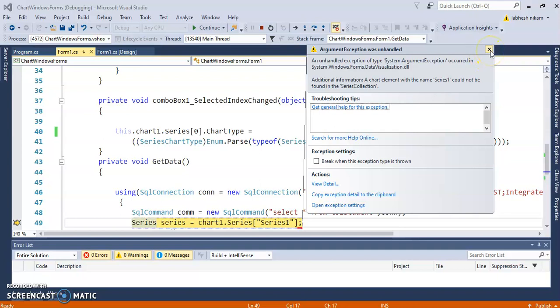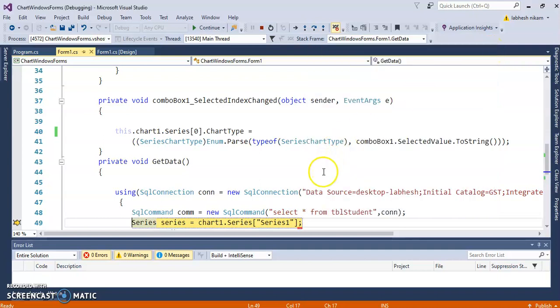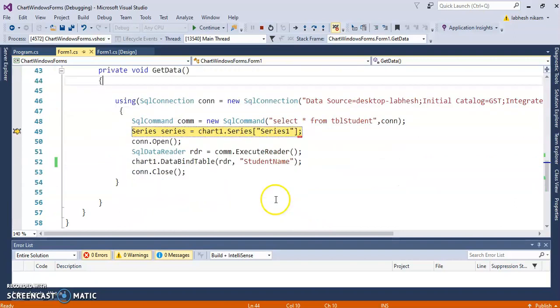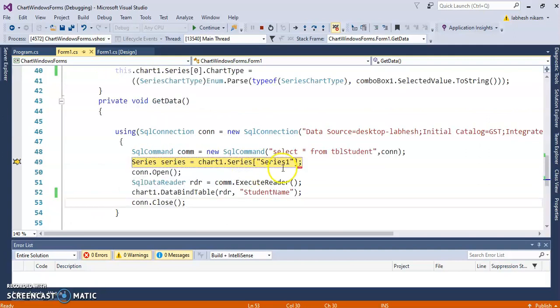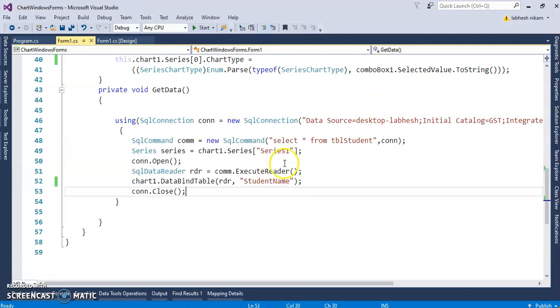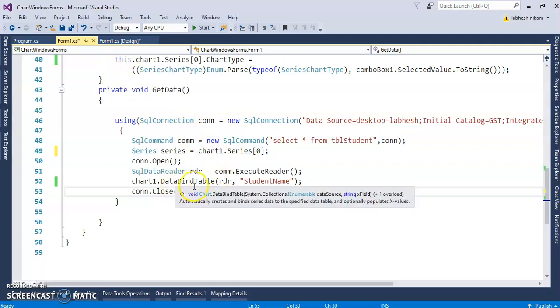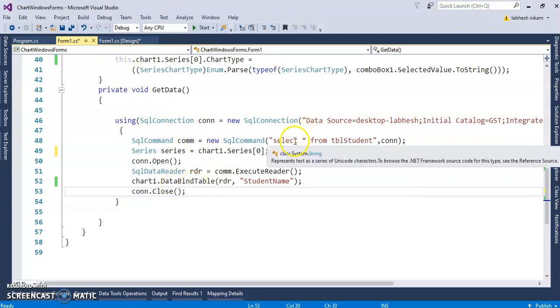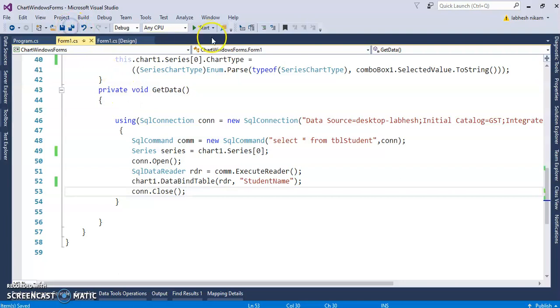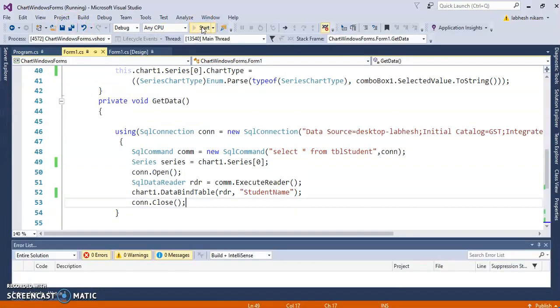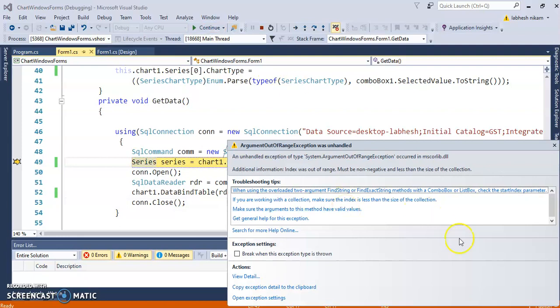Why have we deleted the series? Because this DataBindTable method automatically creates the new series. Okay, and here we are doing something wrong: chart1.Series. Because this DataBindTable method automatically creates the new series, put the index 0 there in place of series 1. Now another